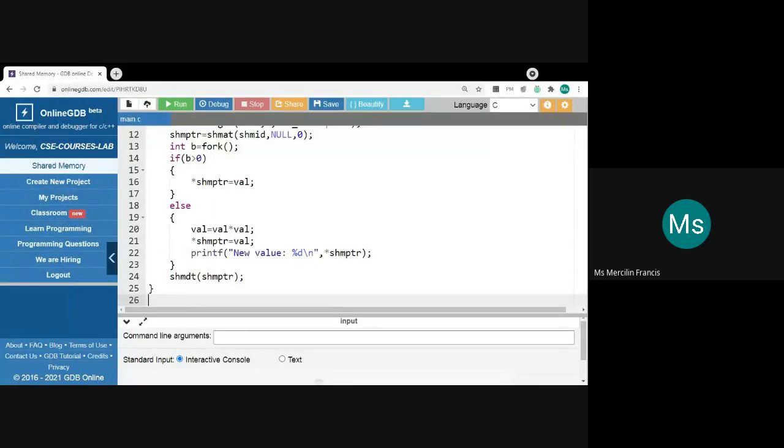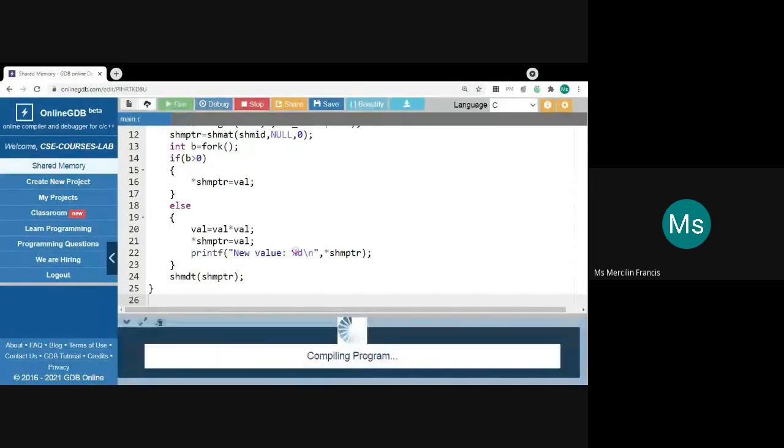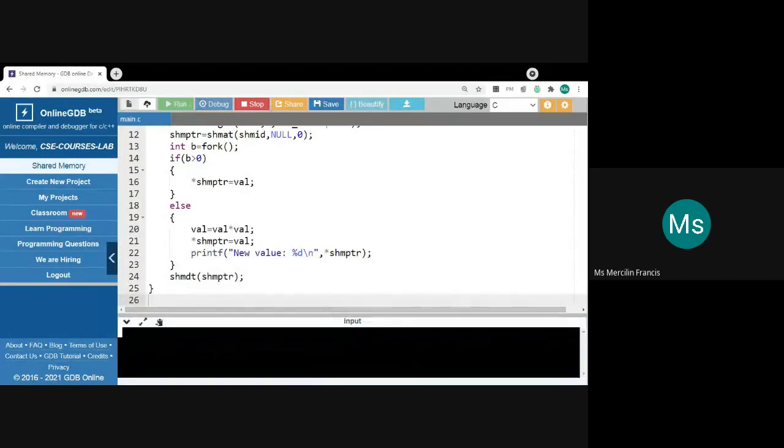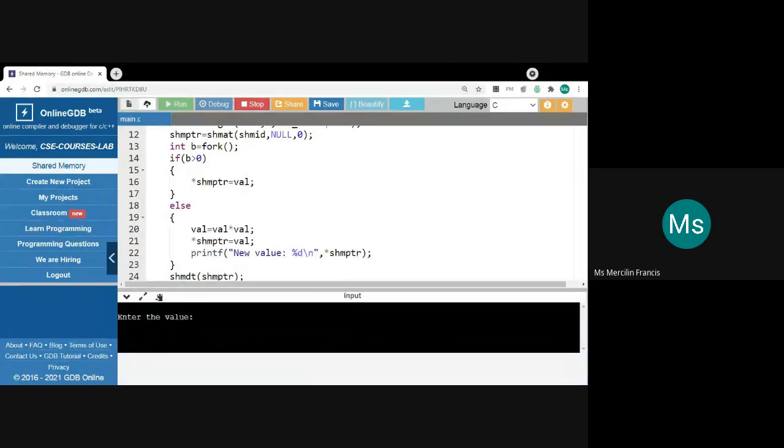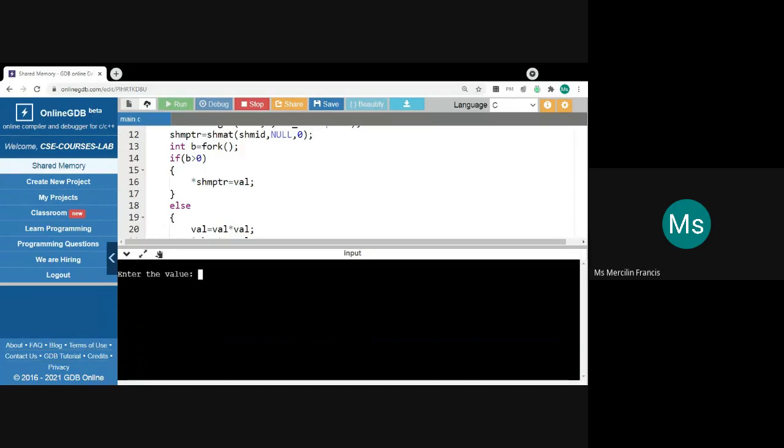Okay. Now you can run the program and see. It will be asking for the value. If I give the value as 5, then the new value is 25.